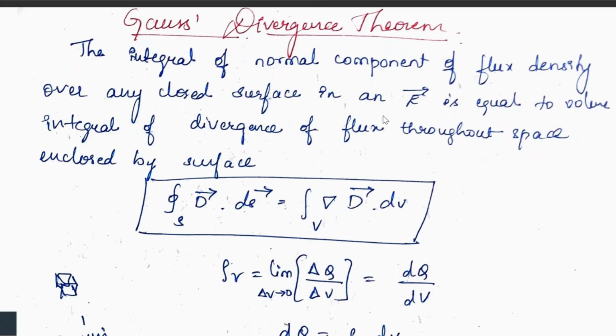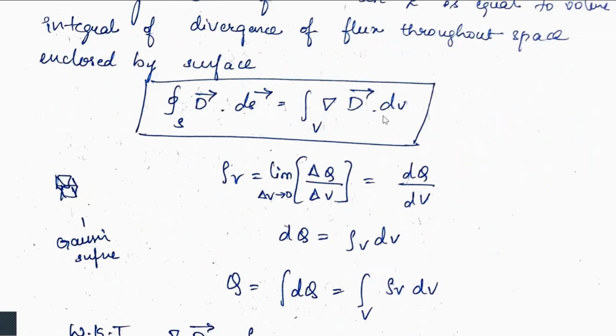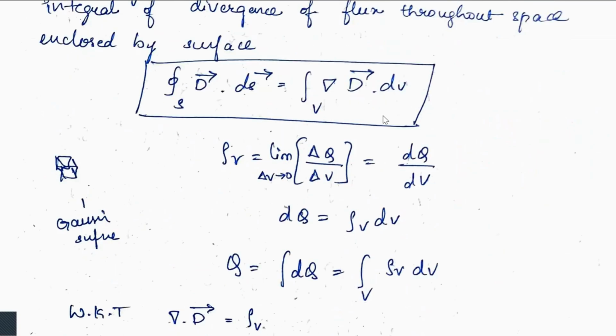So rho v is equal to the limit as delta v tends to 0 of delta Q divided by delta v, which is equal to small dq by dv. Now dq is equal to rho v into dv. We know that. So Q is equal to what? Integration of all the small dq's, that is the volume integral of rho v into dv. We know that